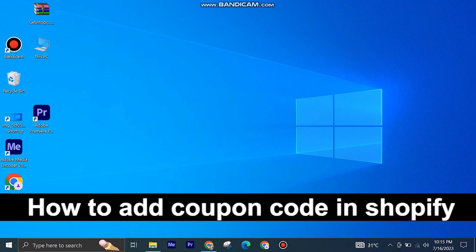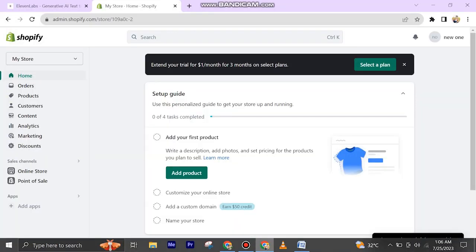Here's how to add coupon code in Shopify. It's quite easy and simple to do, but make sure to watch the full video so you don't miss out on any important steps. First of all, log in your Shopify store and click on Discount button, which is on